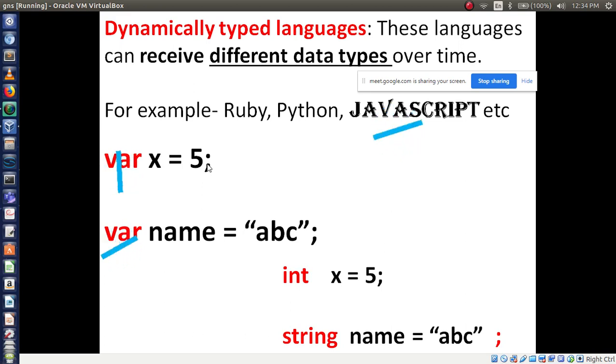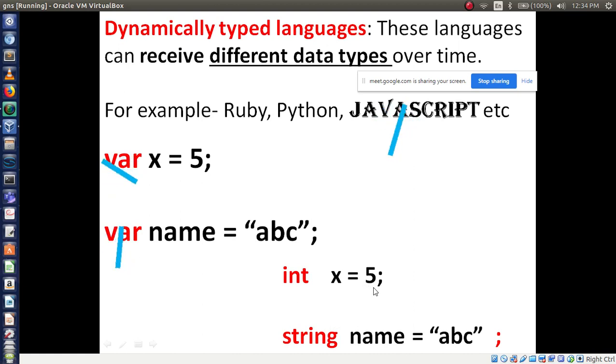Okay. So now to see the difference here, variable x equal to 5, variable name equal to ABC, and this is called dynamically typed language. But this one is what? Int x, string. These all are particular keywords we are using. Keywords means what? Here data types. Particular data types are used for particular values. Int is used for integer purpose. String is used for string purpose.